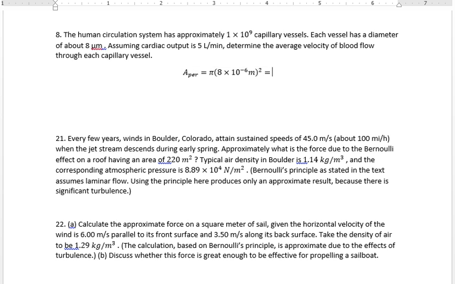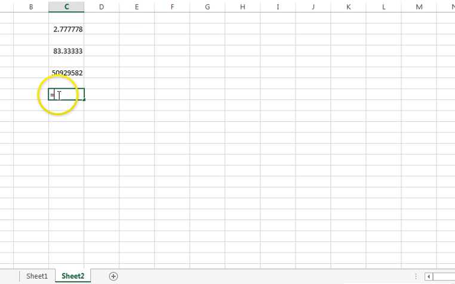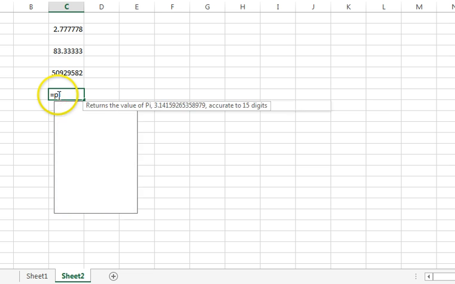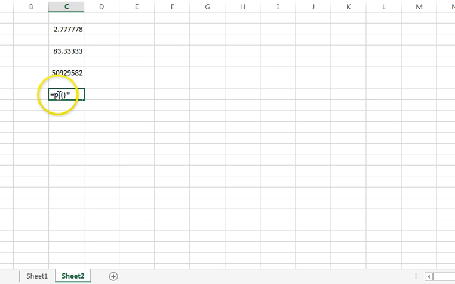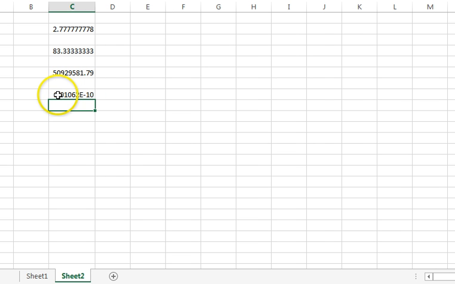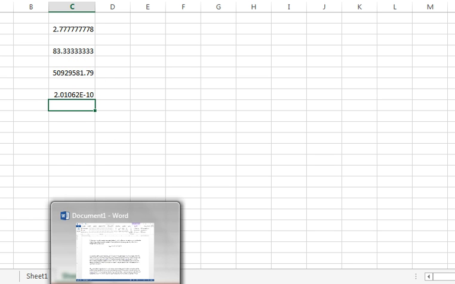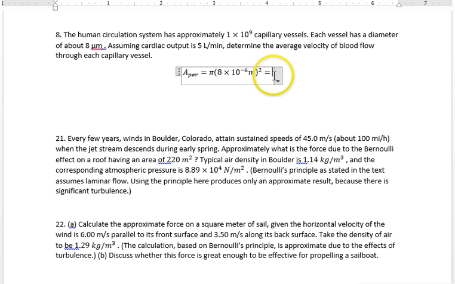So the area per capillary is pi times 8e minus 6 squared, which is 2.0 times 10 to the minus 10